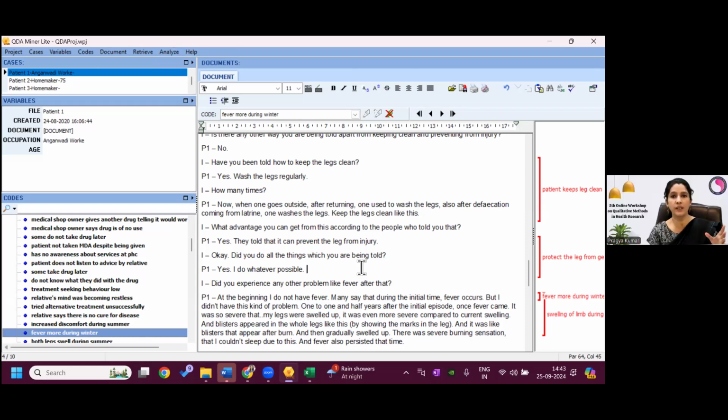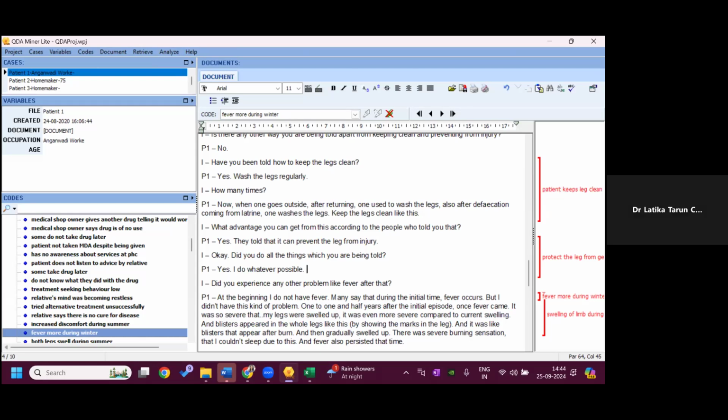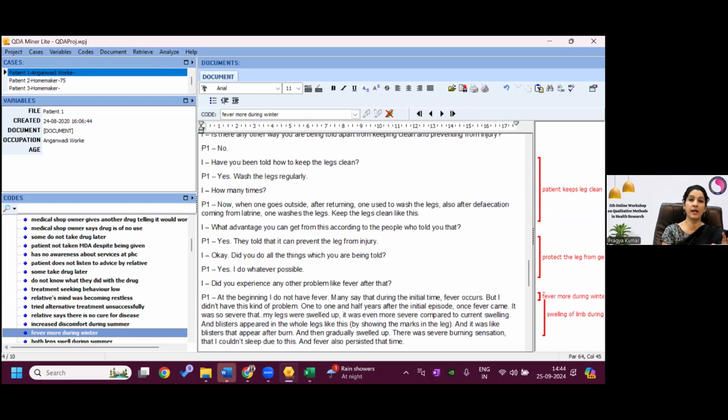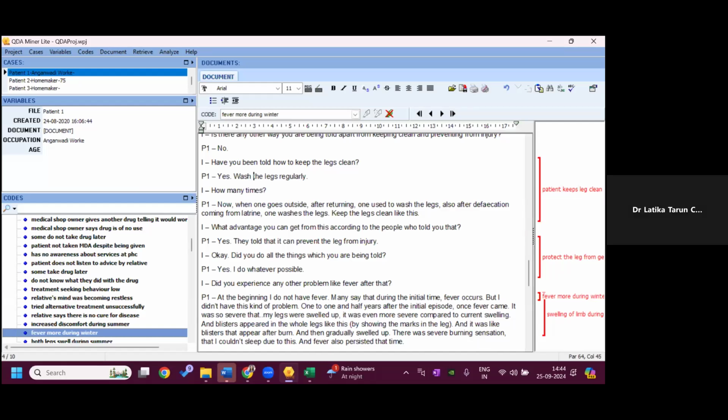Highlighting is what we do in Microsoft Word, because that's not software for analyzing qualitative data. Here there's no need to highlight. See, the moment this red thing appears here, that shows that the whole thing has been selected. Okay, yes, ma'am. And we'll see today how to get those again, increase and decrease, which we talked about yesterday. Yes, ma'am, I remember.